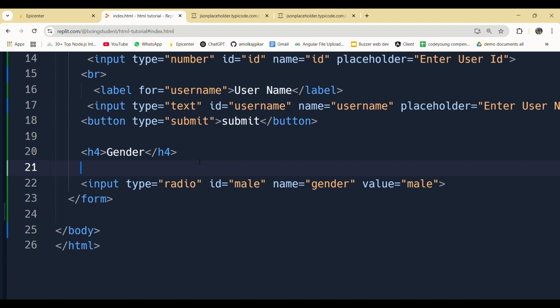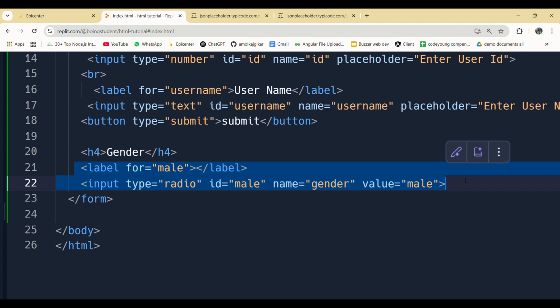So I'm going to use a label for male. Over here I'll keep ID as male. That's cool. Name as gender. The name attribute is very important again for sending data, as well as when we're going to put multiple inputs here.